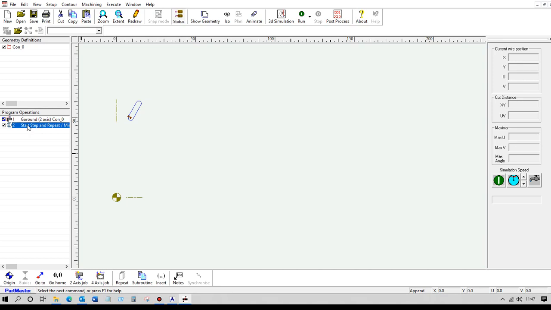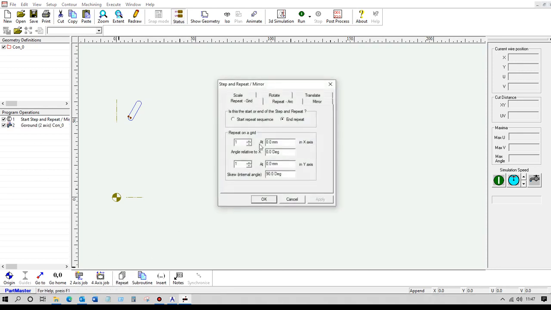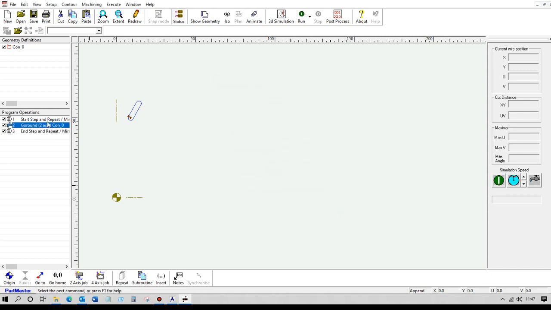So at the moment, if you add items from this bottom toolbar, they get added to the bottom of the program operations list. So we need to reposition that. So if we click and drag it to the top, so we have the start position, the repeat, we have the machining operation, and now we need to select repeat again, and this becomes the end of the repeat operation. So we have start, go round, end. So now when we run that,